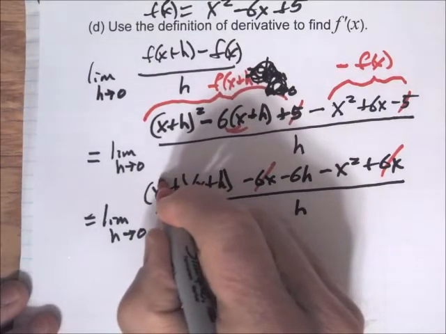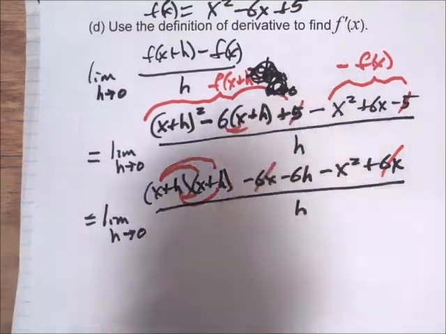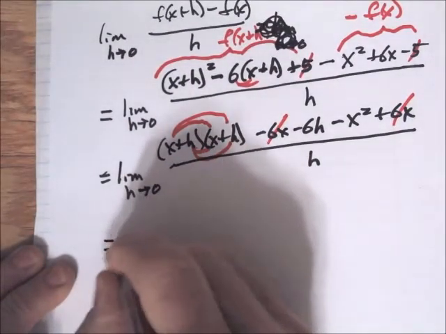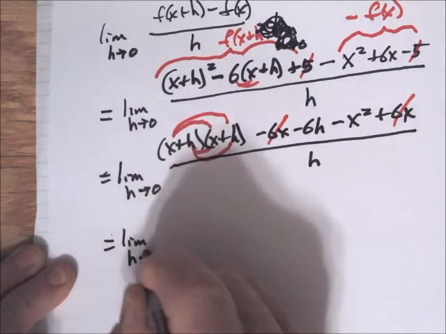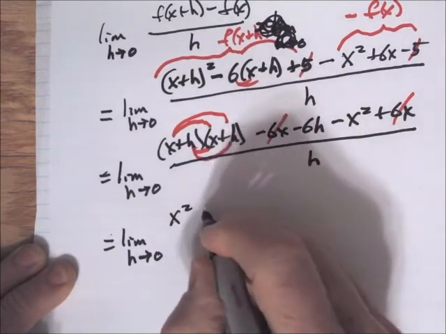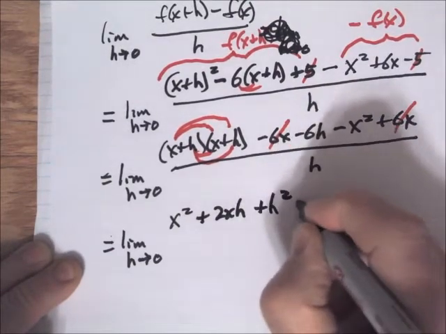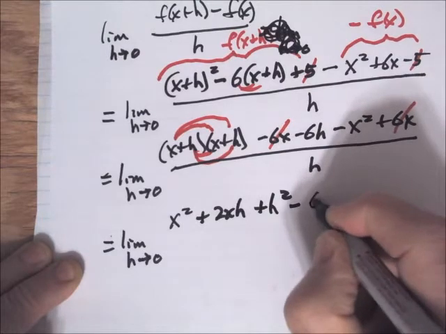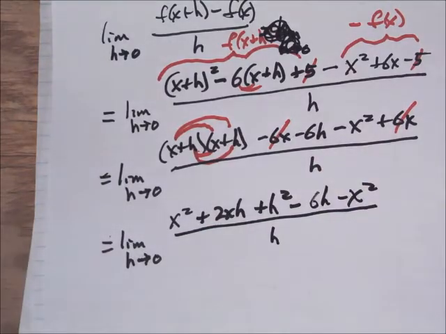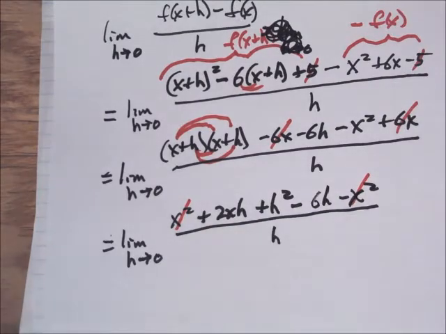And I can distribute here with the FOIL method, x times x, h times x, h times h. And that'll give me the limit h goes to 0. We'll have x squared. The outer product is xh, the inner product is xh, so we'll have 2 of those, 2xh. And then last times last, plus h squared, and then I'll copy these terms here, minus 6h minus x squared over h. Okay, so now we can cancel x squared minus x squared, and that'll leave us,